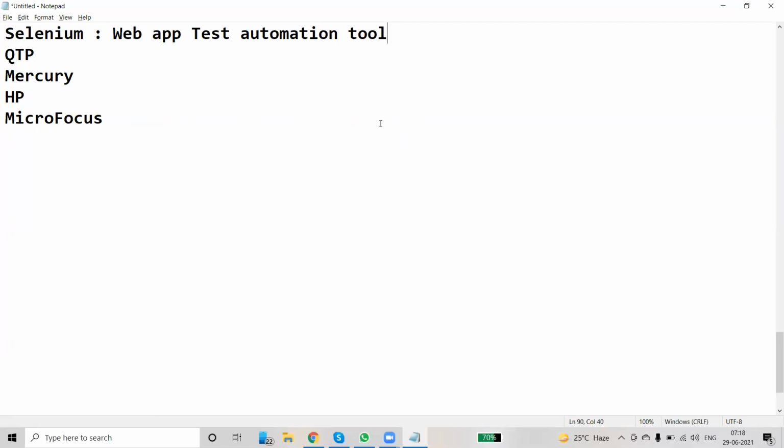Okay, Selenium is basically a web application test automation tool. Hence, we cannot automate thick client applications like desktop-based applications, or applications without a GUI. Even web services like APIs cannot be automated; API testing or database testing can't be performed using Selenium. That's another limitation with Selenium. Is it clear?